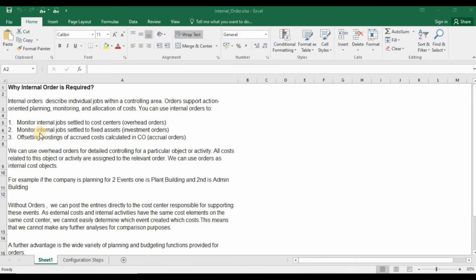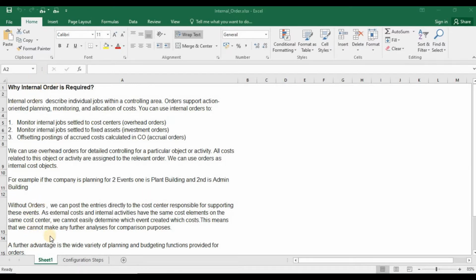So obviously in FI we can post the document directly at cost center level, but we are not able to track that particular plant building's expenses and activity. So to manage this, we are using internal order.